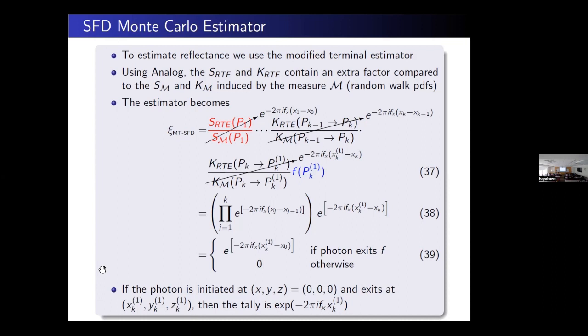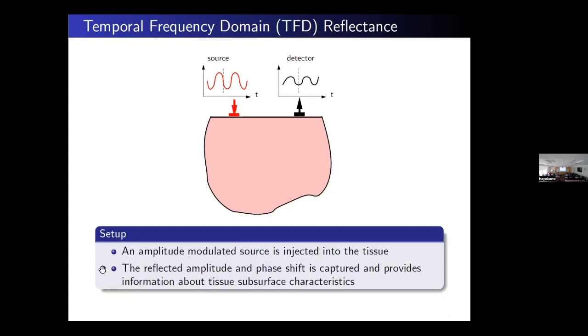I want to say a few words because I've had questions about this. This is a complex tally. How do we do that in practice? We tally the reals together and average them. We tally all the imaginaries together and create an average tally. Then we determine the amplitude and phase of the resulting reflectance tally using those averages. Any questions about that?